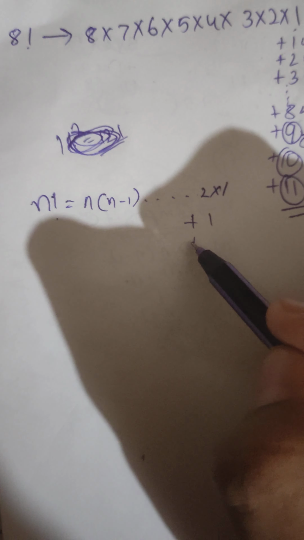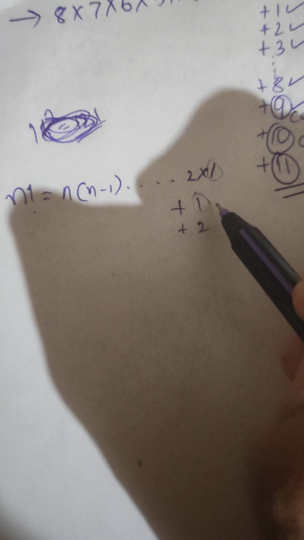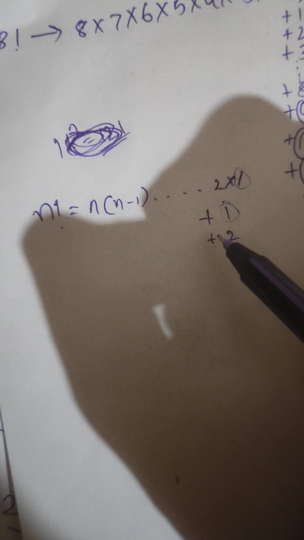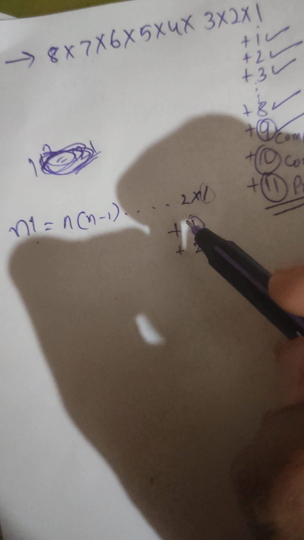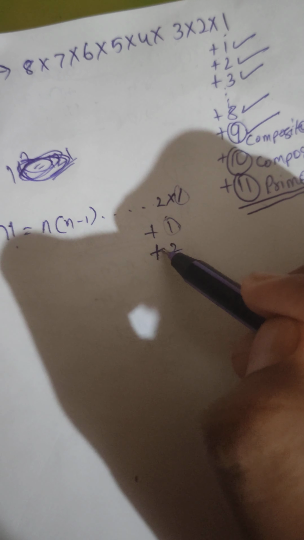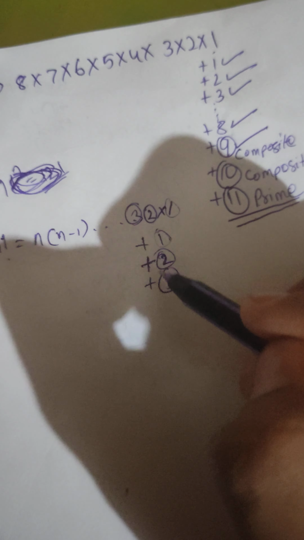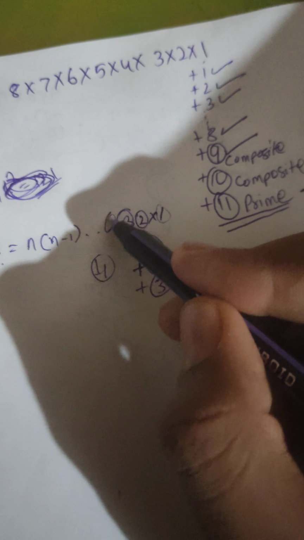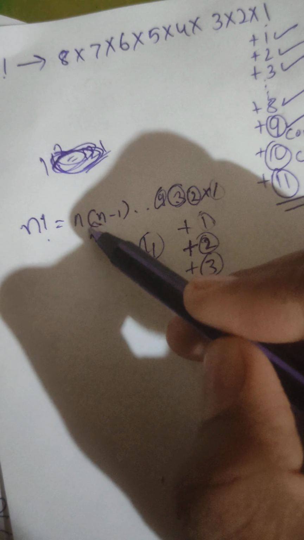and we do plus 1, plus 2. Okay, earlier I had said that we can take plus 1 common, which I know didn't make any sense, right? So it's also not clear that if we do plus 1, whether that will be composite or prime. Actually I don't know here. So we can take plus 2 common here, plus 3 also common here, plus 4 also common here, right? So when we go till n, right, we